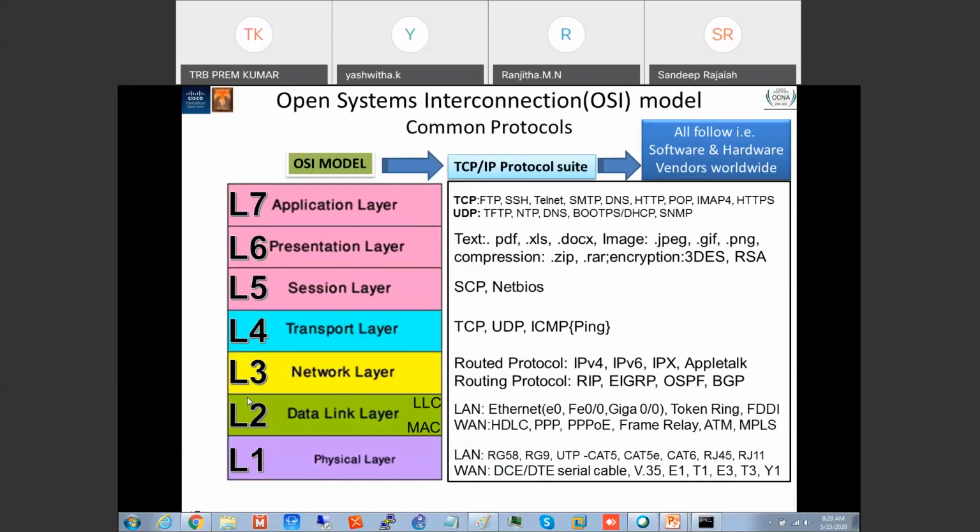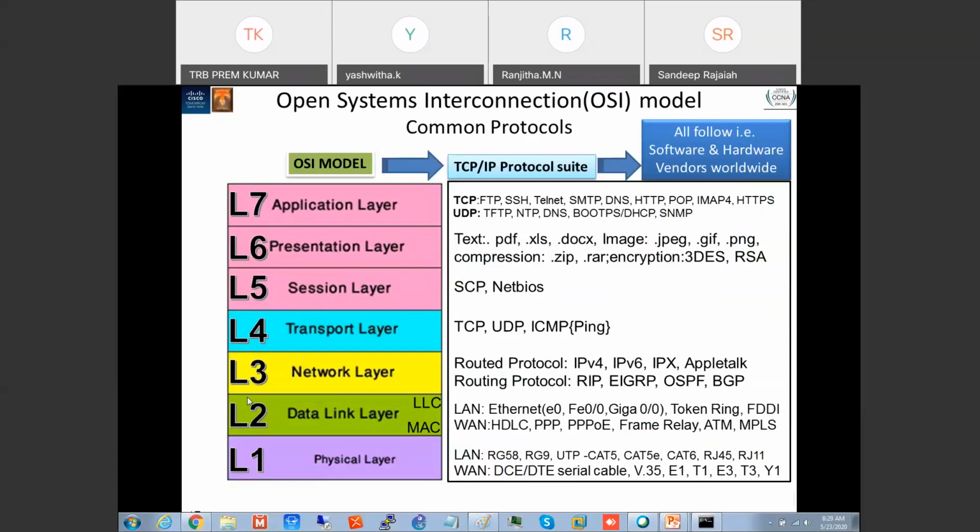Now one more I'll take. Just tell me, RSA. Yes, the answer is L6, Layer 6, the encryption protocol.